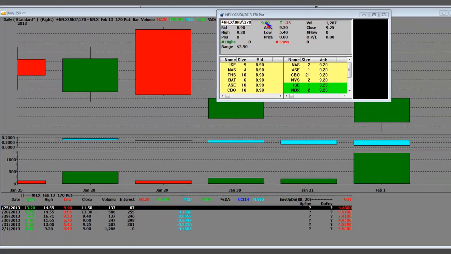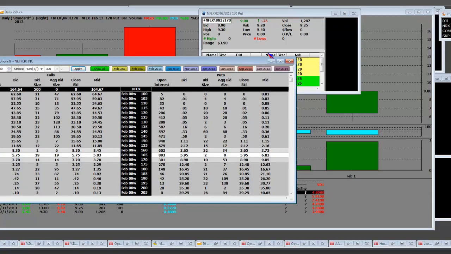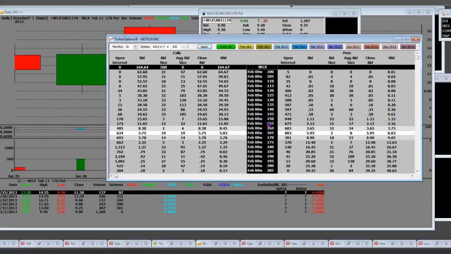Having said that, come Monday morning, when Netflix has its upside resistance reversals, we'll be making this side of the trade on the 170 put. Now, having said that, there's another thing: if Netflix sells down, we'll be looking at where